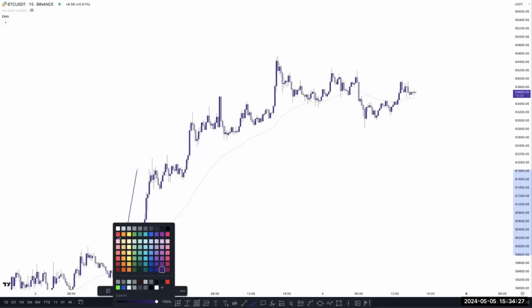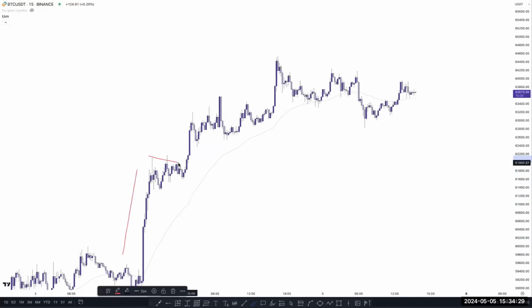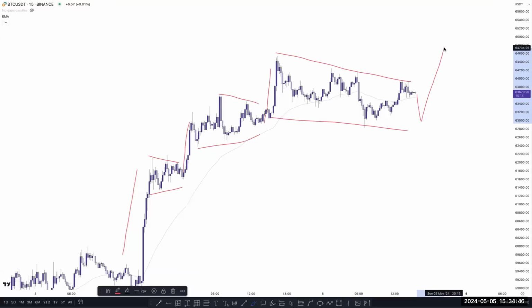So when the market creates a strong impulsive wave and then a corrective phase, again an impulsive phase, and this is the entire corrective phase here, right? So the market creates a larger corrective phase, again an impulsive wave, and the market is creating a very large structure here like this, right? So there is a chance that the market can continue going higher.